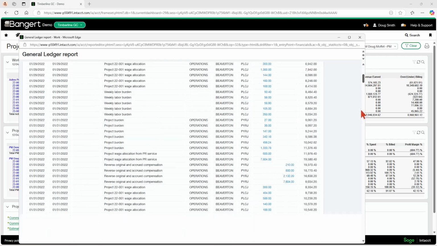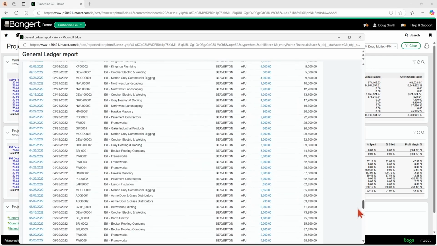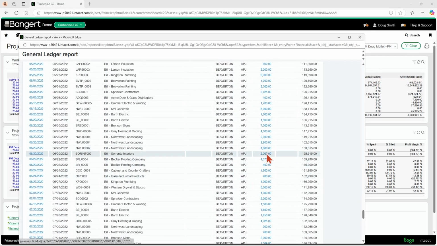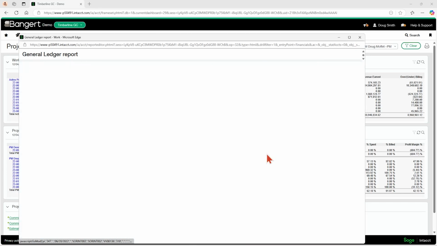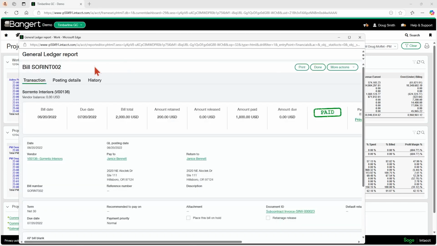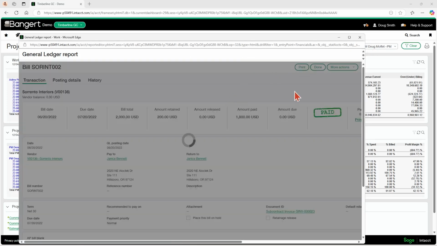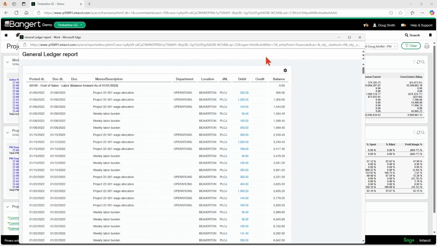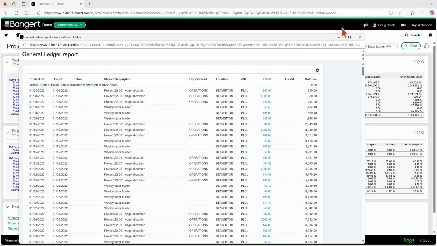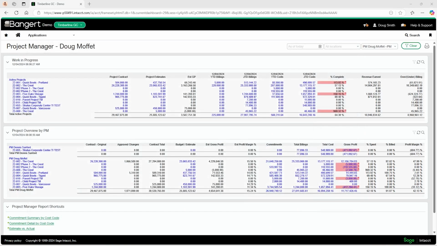So you still have the capability of drilling to an AP bill, for example, and going down to that transactional level, the actual transaction, to see the actual bill and the image if the attachments were loaded. Okay. So it's still the same functionality, you can drill all the way down, but now you cannot change this view to a different account. So in order to set up security to have this where my project manager setup and role is going to be secure,